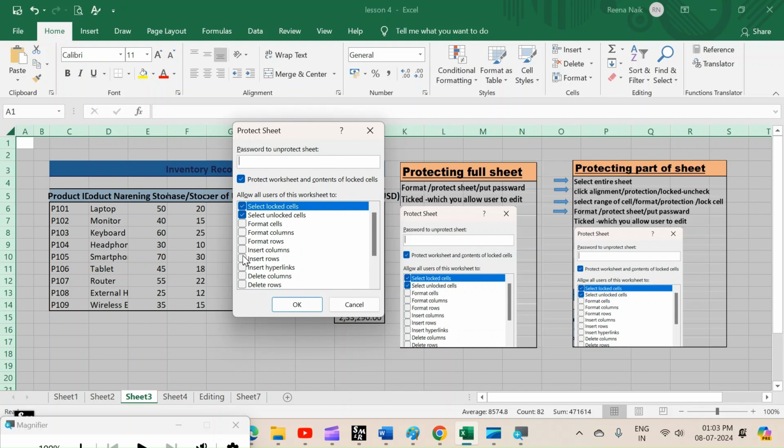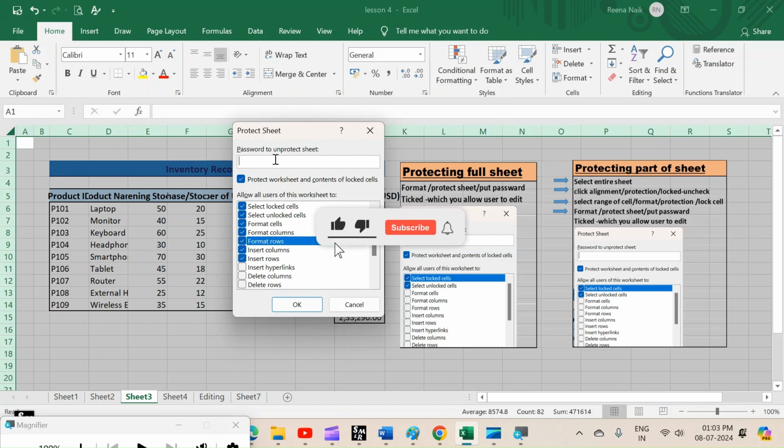Let's see. We will click insert column, insert row, and I will click format cells, format column and format row. Others are unclicked.